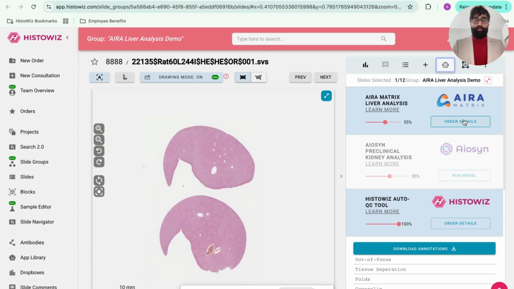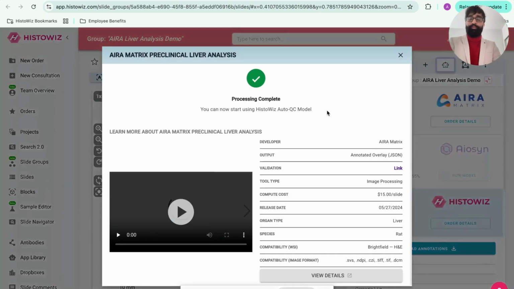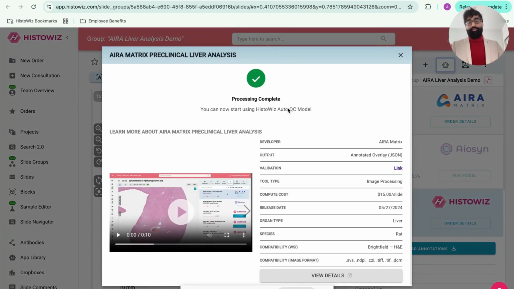But once you click on Run Model, and say I click on Order Details for now, you can see that the processing has been completed. And if it was not completed, it will give you an option to look at this page. So here you can quickly look at what the AI tool is doing, like a quick mock-up demo, with a few links to validation reports and the compatibility and things like that.